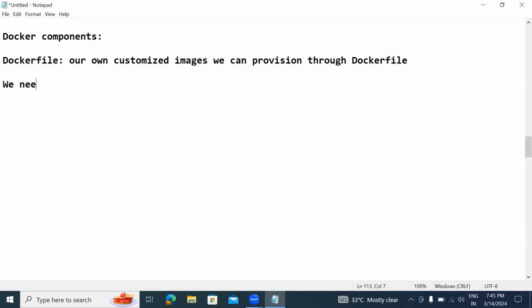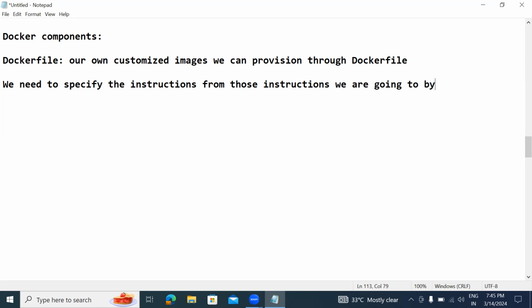So we need to specify the instructions, and from those instructions we are going to build images. And in production, what we need to do is build images,